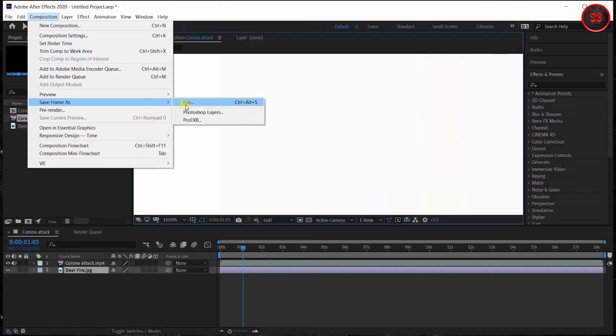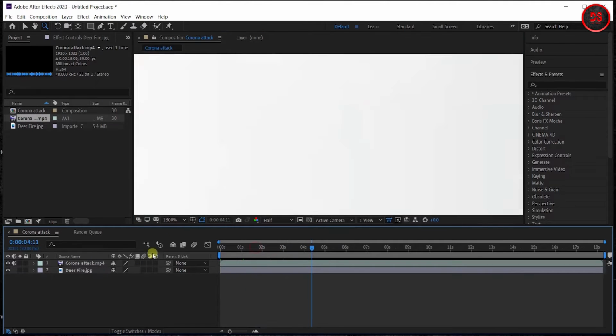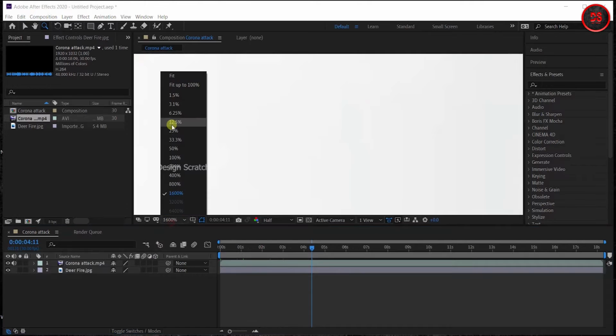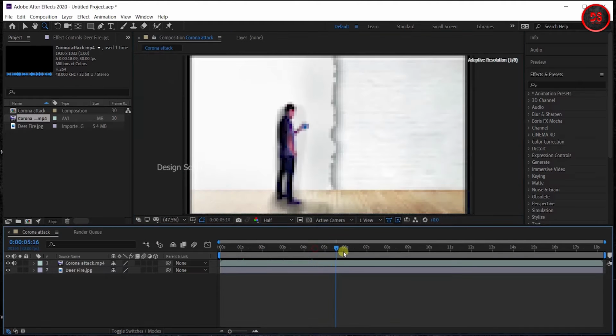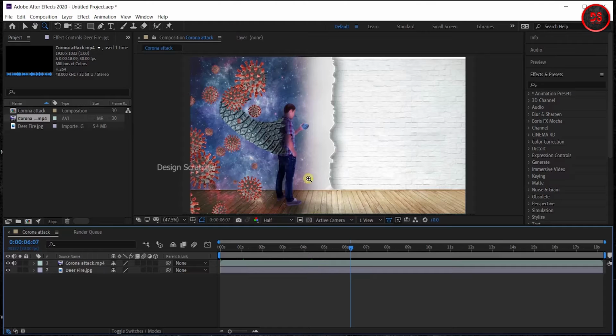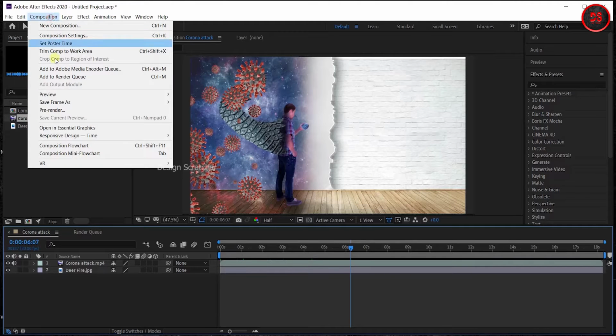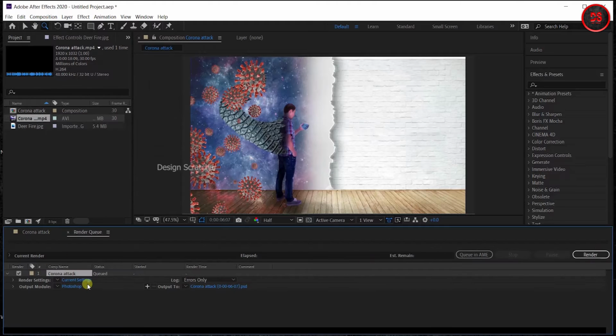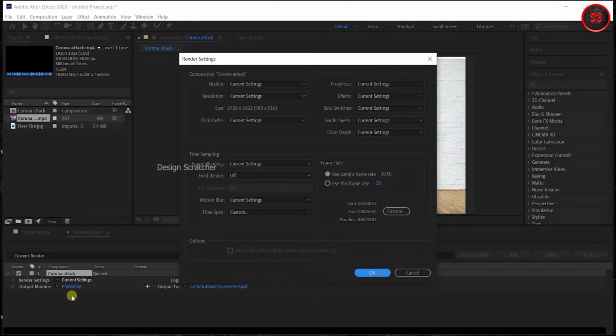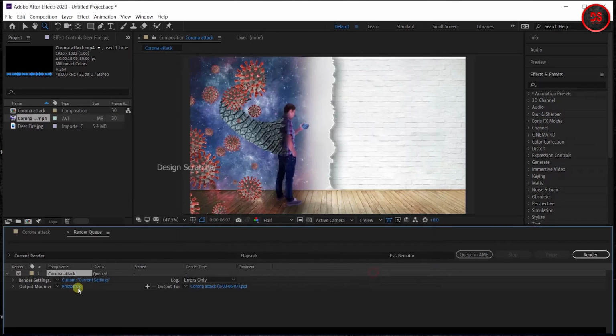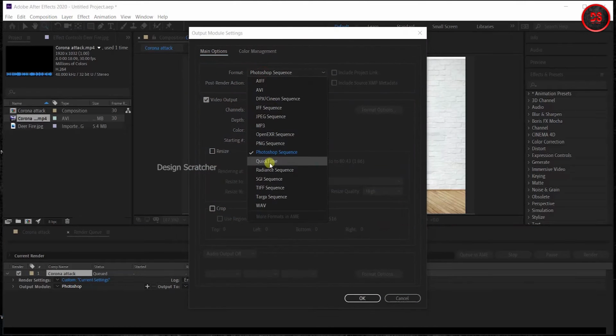First, zoom in for that. First I want a screenshot. For the screenshot, I set the first frame, go to Composition, Save Frame As, File. Then going to current, it will render. Okay, that photo format will be changed at the top. Many presets are there, like JPG sequence and everything. I want JPG, so click OK.